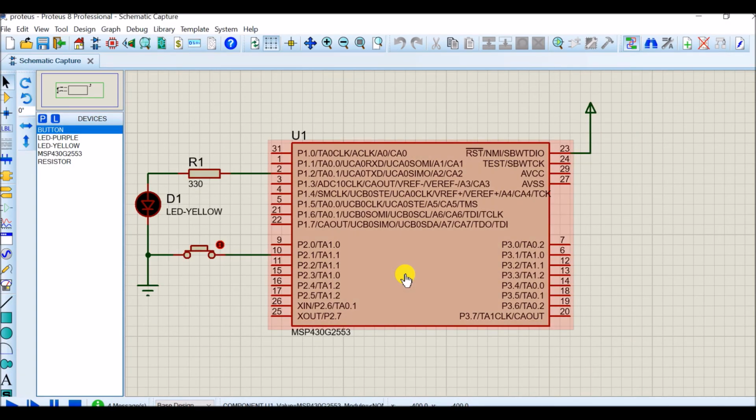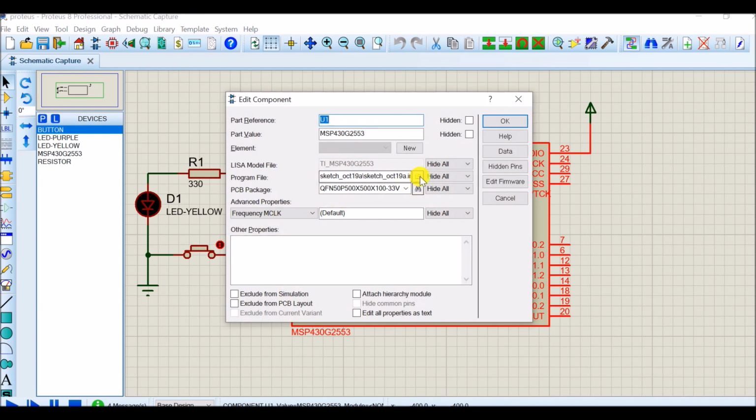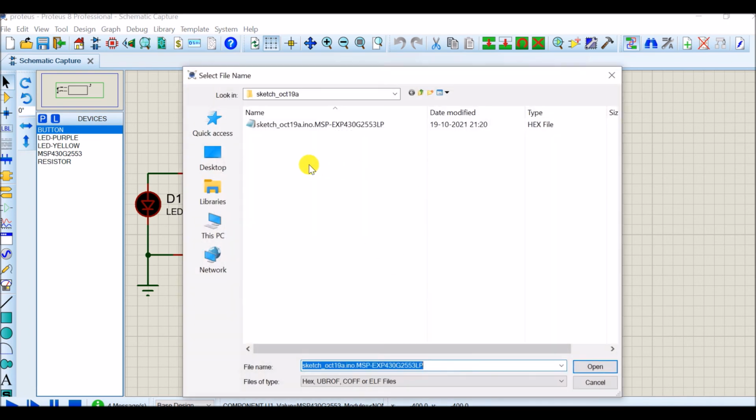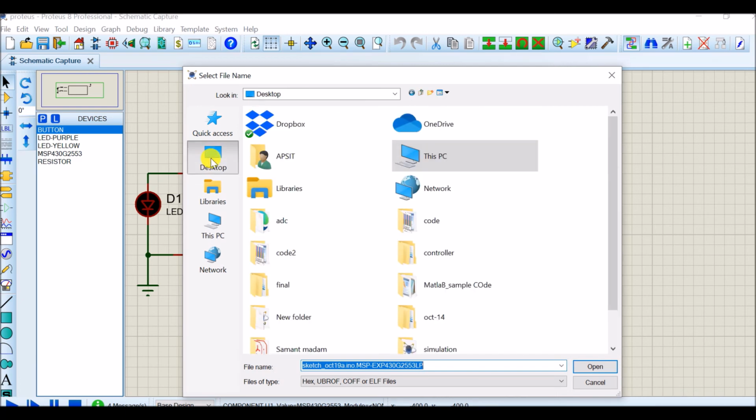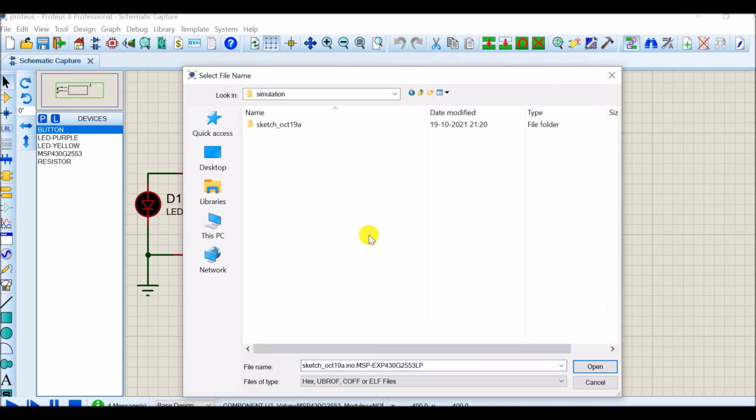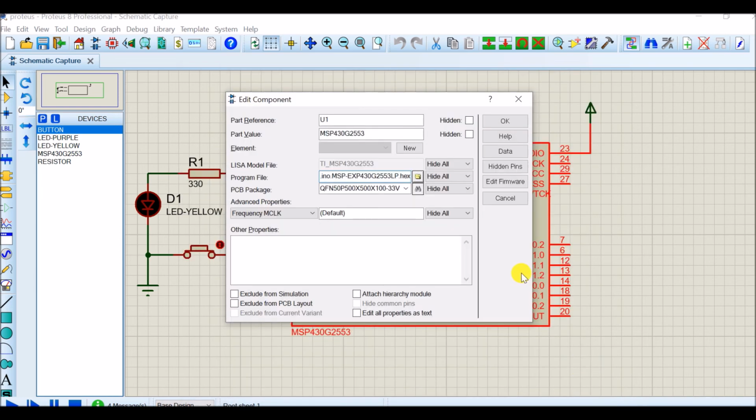I will double click on the controller. It will ask which file you have to link for the required simulation. In my case there is a folder simulation, there is a folder of Energia. I have to click on this hex file, and now you have to open and then say OK.